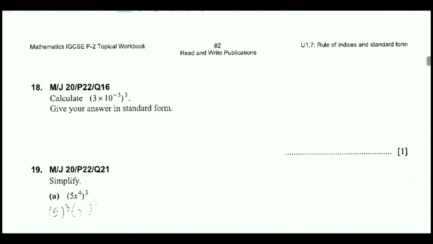Next, question number 18. Calculate, so the power will be written with all the values directly. 3 raised to power 3 will be multiplied with 3 raised to power minus 9. 3 threes are 9, 9 threes are 27, multiplied by 10 raised to power minus 9. As this is not within the given range, our decimal has to move one number to the left side.